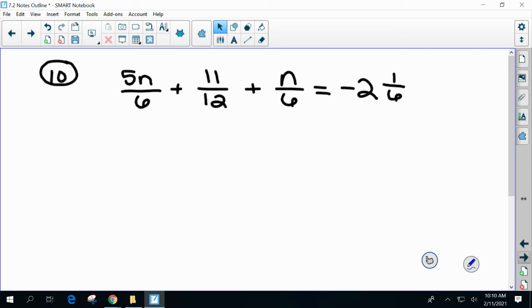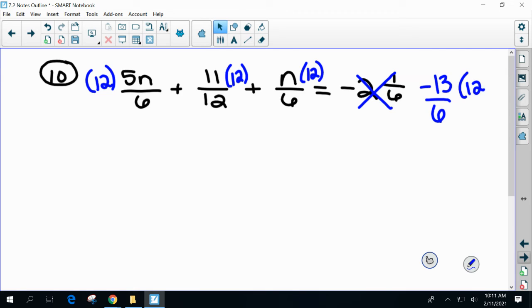Okay, so this would actually be negative 13 over 6. So I'm gonna take everything times 12. So 5 over 6 times 12. What does that equal? 10, so 10n